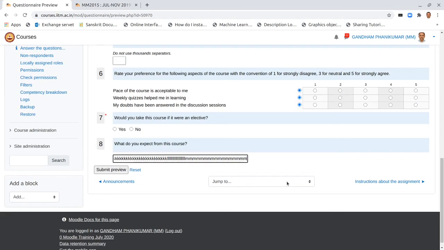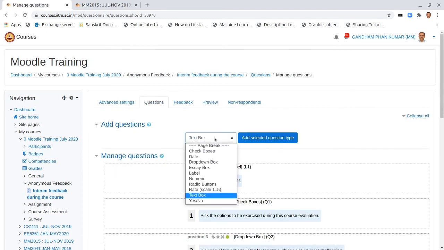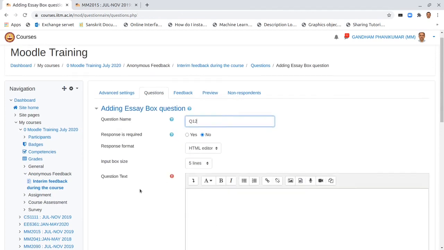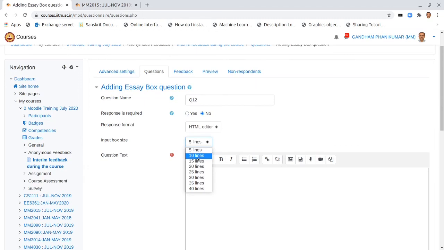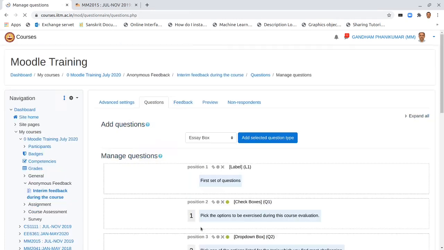Okay, so you can just basically use this to hint that you are expecting just one line from the students about it. Okay, expect very less from this course. And the last question would be an essay box. Okay, this is where they can write a lot. So pick that question, type, and how many lines. So that again is a hint how much they can write. Okay, let us say 10 lines. And something that you can say here is like this: what are you planning to do towards this course? And they may want to list various things that they want to do.